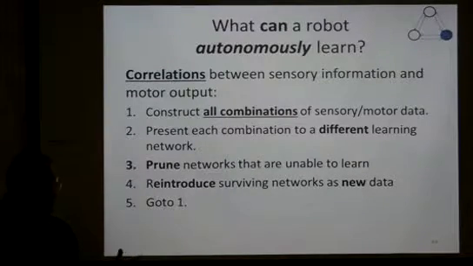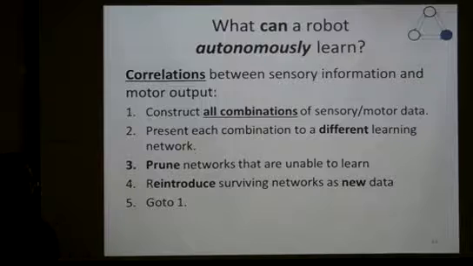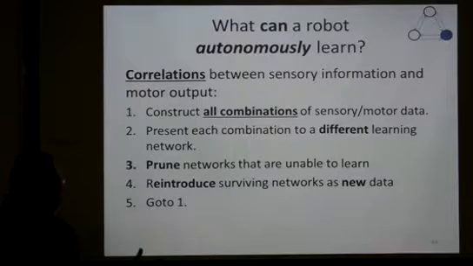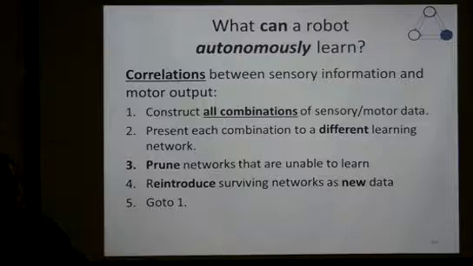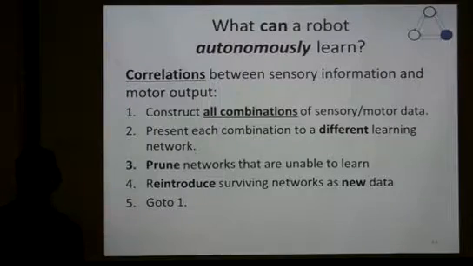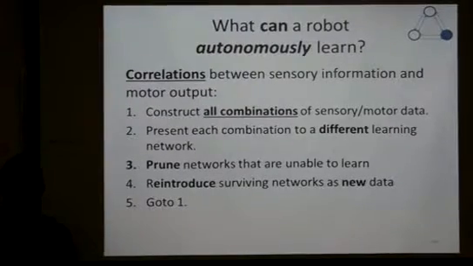Most of the things will not have correlation. For example, there is no correlation between me moving my toe and what I hear. So I construct these sensory and motor pairs, but there's no correlation there, and when I try to learn it, it is just not learnable. So I'm using pruning in neural networks to prune away all the networks that you cannot learn, that have no correlations. Once you have the networks that survive this pruning, so they can actually predict something, you take the output of these, present them as new streams of information, and again construct everything.